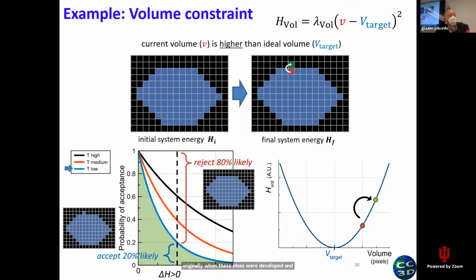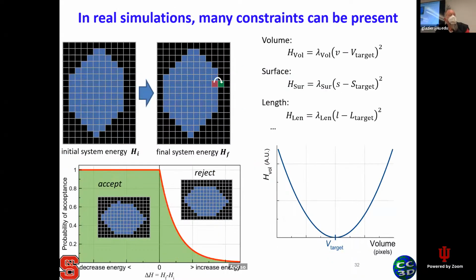And so we have to get used to that kind of result. One thing that we'll find is that we can have many forces acting on the cell at the same time, or many constraints acting on the cell at the same time. We can't necessarily satisfy them all at the same time. In the homework, we'll ask you to evaluate by hand a couple of very simple cases to get a feeling